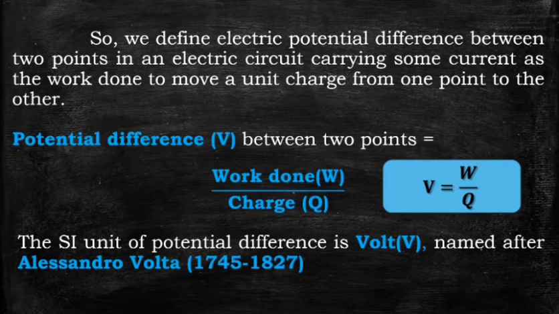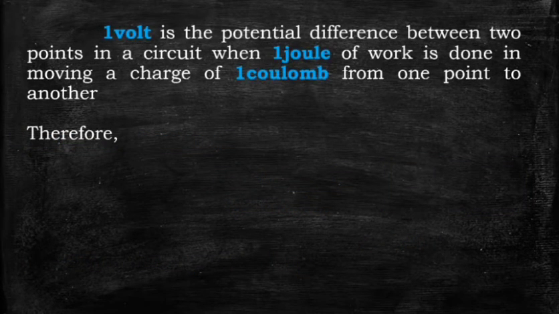Now the SI unit of potential difference is volt. V. The potential difference is always measured in volt. The current is measured in ampere and the charge is measured in coulomb. Similarly, the potential difference is measured in volt. It is named after Alessandro Volta, who found the potential difference. So we learned that potential difference is a